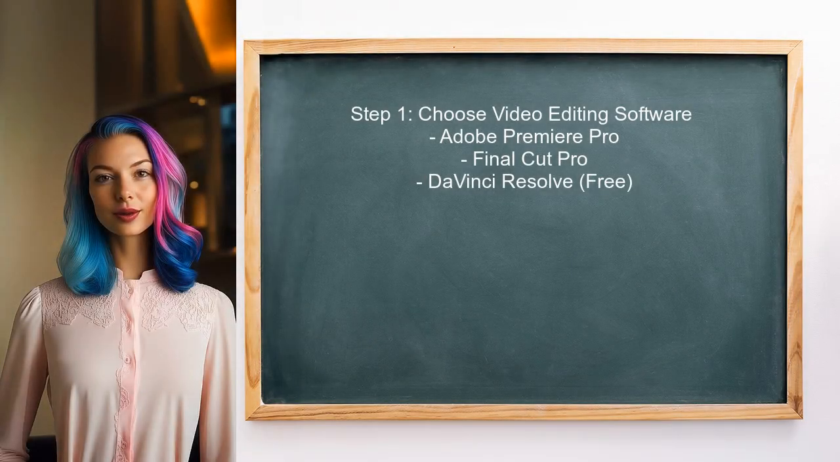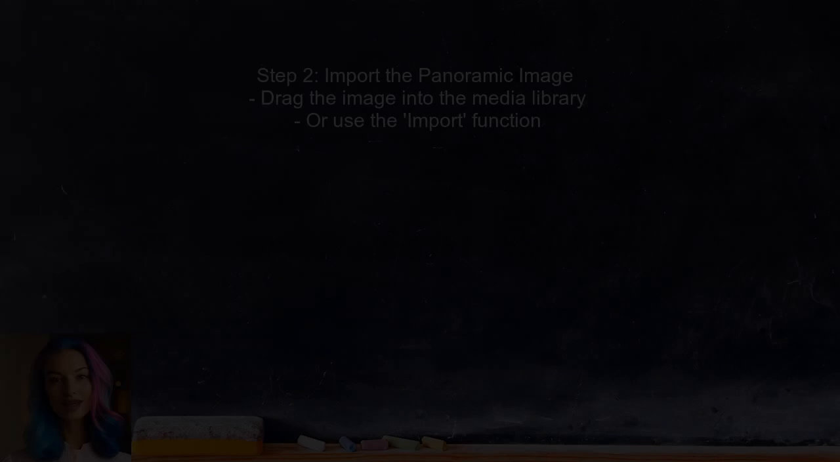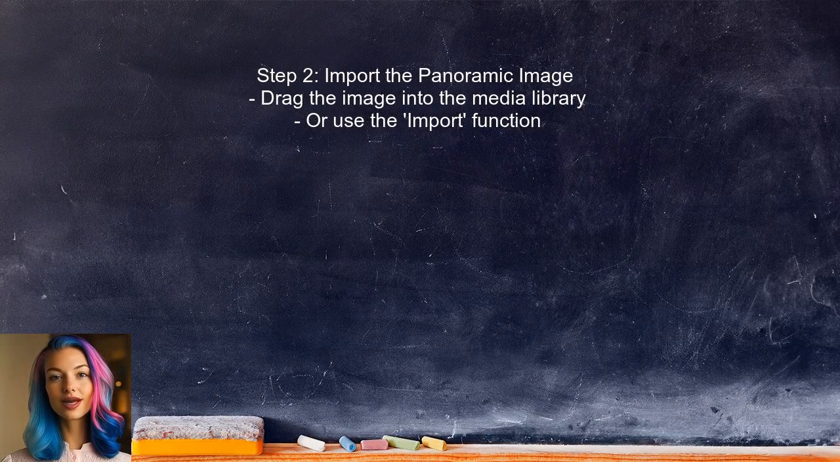To create a panning video from a panoramic image, the user should first choose a video editing software that supports keyframing. Popular options include Adobe Premiere Pro, Final Cut Pro, or even free software like DaVinci Resolve. Next, the user needs to import the panoramic image into the chosen software. This can typically be done by dragging the image file into the media library or using the import function in